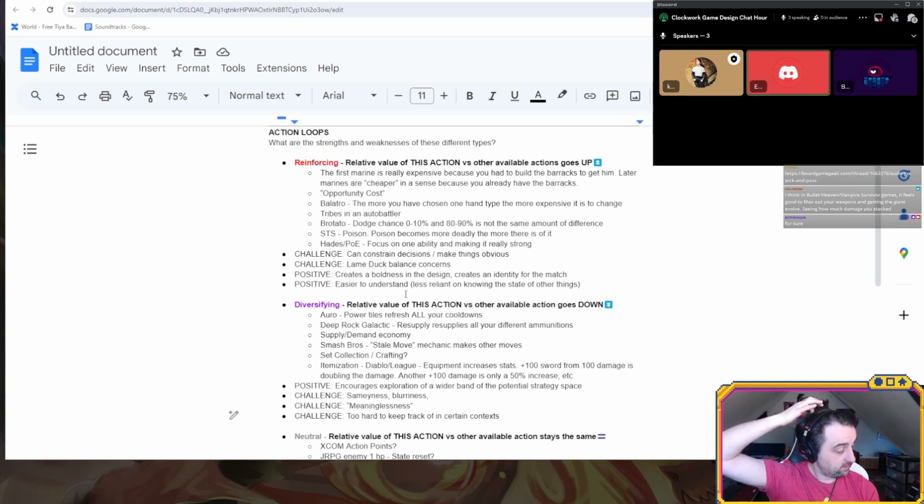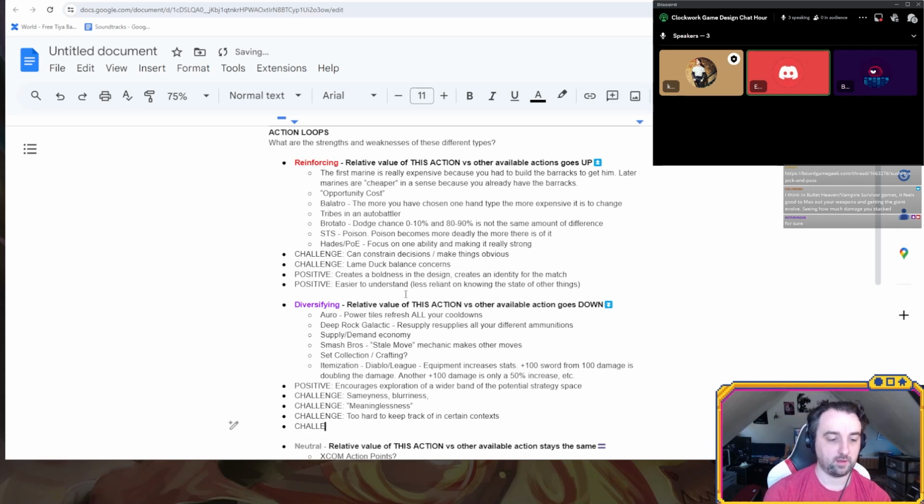Yeah. Just that often it's nice to be able to choose between a lot of things that you want. If you have a game with a reinforcing loop, you're kind of railroaded down one path. Sure. It's like if I'm playing Diablo and all I want is crit damage, then I look at all 200 items in the shop and I'm like, nope. If I'm diversifying, I look at everything and I'm like, oh, I want everything, and I have to pick the one thing out of everything that I want. And I think that can be a more interesting decision. But also could be overwhelming, right? Yeah, it can be overwhelming as well.